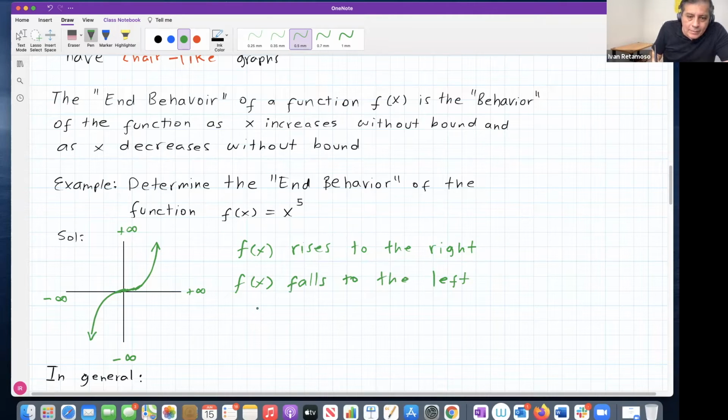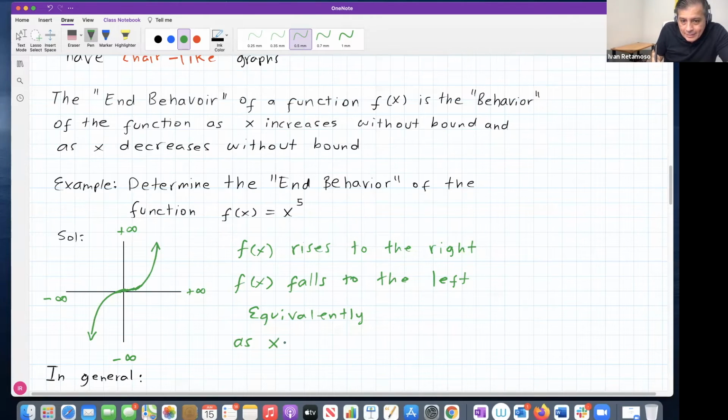But mathematicians, remember, they like symbols. In order to say this and this, mathematicians developed these symbols. And this is something that you have to understand because you're going to need this in calculus. Okay. So look, instead of saying f of x rises to the right eventually, you can say in symbols this: